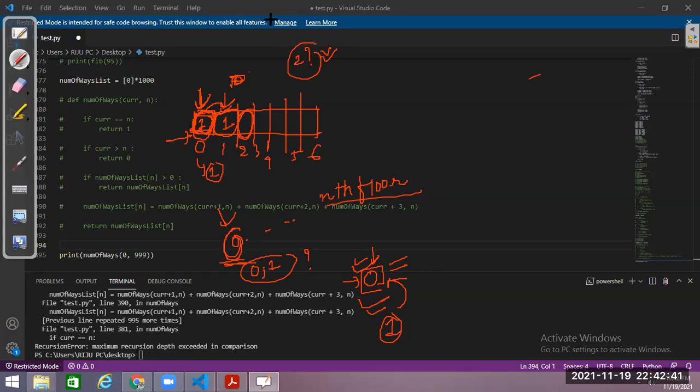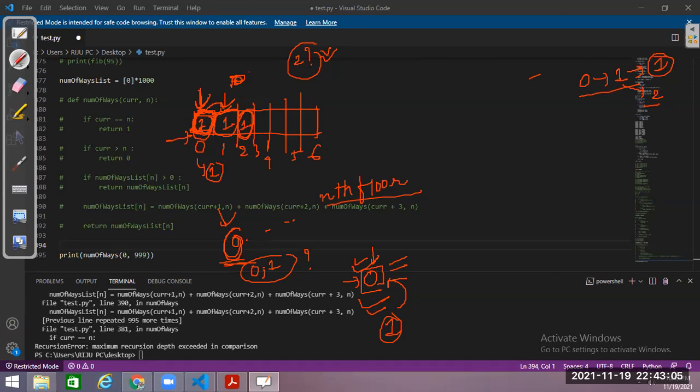One way. One step I can take from 1, right? From 0, I have already reached 1, and there is only one way of doing that. So what I can do is that from 1 I can take one step and go to 2.